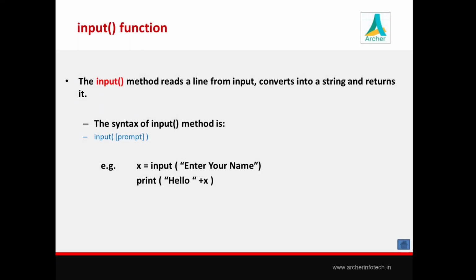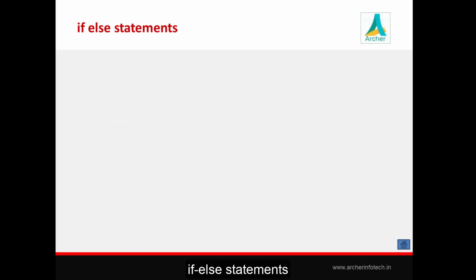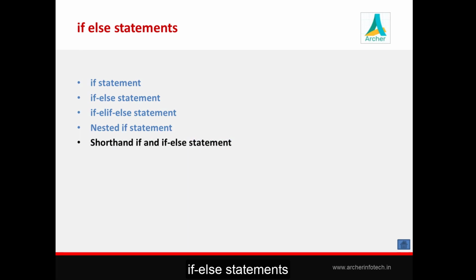I'll check some control statements. First, we'll go with the if statement and if-else statement. The if statement is known as a decision control statement, meaning execution of code depends on some certain condition. We can use the if statement in various ways, meaning various arrangements are possible: there can be only an if statement, an if-else statement, an if-elif-else statement, a nested if statement, and there is also a shorthand version to use if and if-else statements.